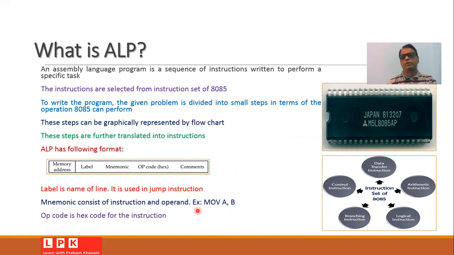Operational code is a hex code. We know that every instruction in the 8085 microprocessor has a certain hex code associated with it. So this hex code is nothing but the operational code. Many times we write the memory address. Memory address is required, and you must know what kind of memory space is available whenever you want to store the program into the memory. And finally, we write some comments. Comments are useful because they increase the readability of the program. Whenever you write a comment on a line, it illustrates the purpose of the line in the ALP, and therefore it is always better to write comments in the ALP.